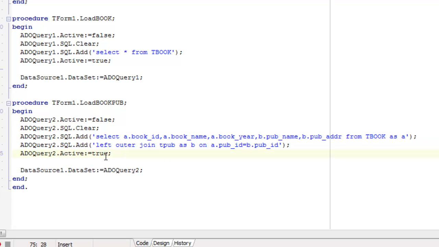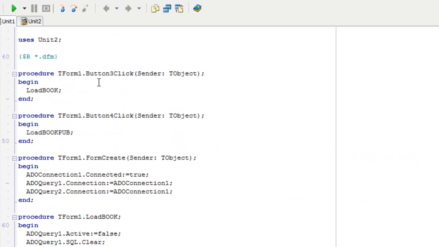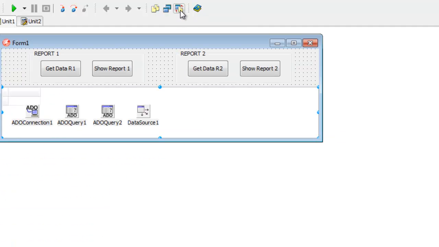Then we activate the ADOQuery again, and set the data source to use ADOQuery2.